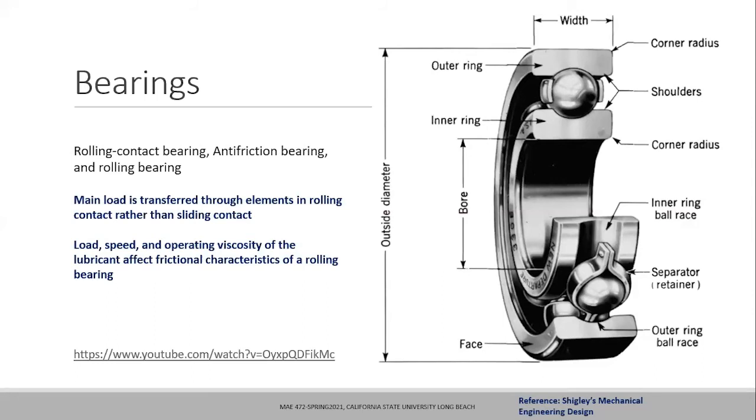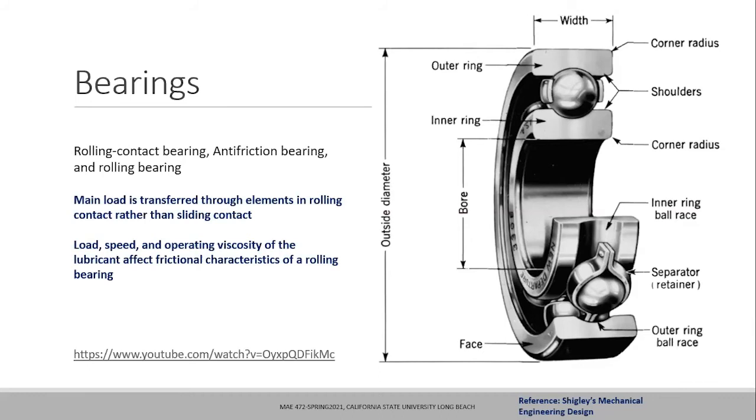So you have the inner race, the outer race, the rolling elements, the balls in this case, and the separator or the retainer. The purpose of the separator is to make sure that the different rolling elements, the balls in this case, are not colliding with each other, because if they are touching each other, then there will be contact forces and stresses, and the rolling elements will wear out faster. But if you have a separator, then the only contacts are from the top and the bottom, the inner race and the outer race. So the wear will be less, and the life of the bearing will be significantly higher if you use a separator or the retainer in this case. So that is the purpose of the retainer.